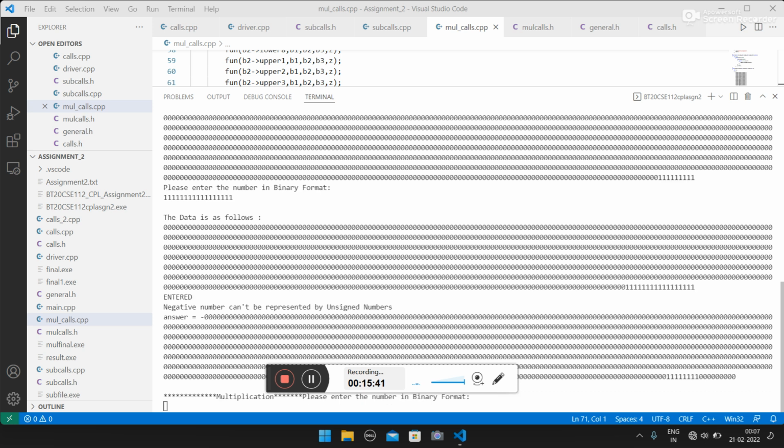So it says that a negative number can be represented, but it has taken the 2's complement and it is showing the result correctly. After that, let's take multiplication.